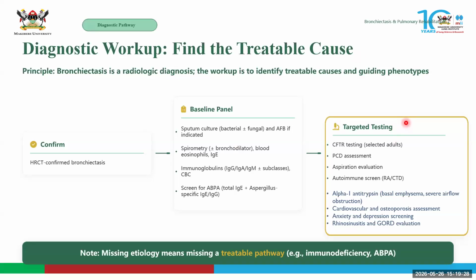And then we have the targeted testing, where you can screen for connective tissue disease, for cystic fibrosis, and also for cardiac comorbidities, and also allergic rhinitis, and upper airway irritations, and upper GI irritations like esophageal reflux